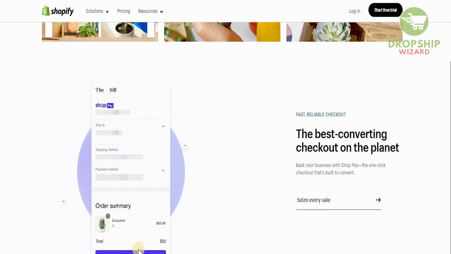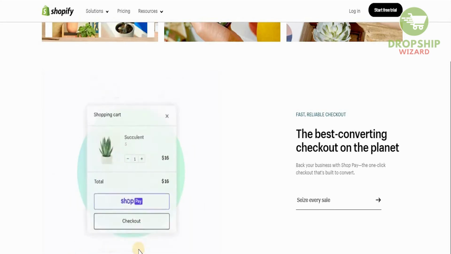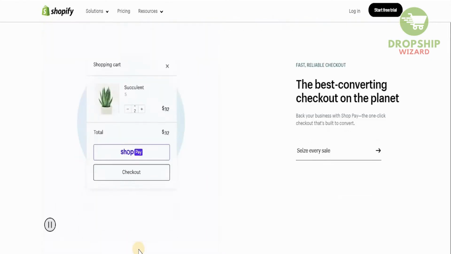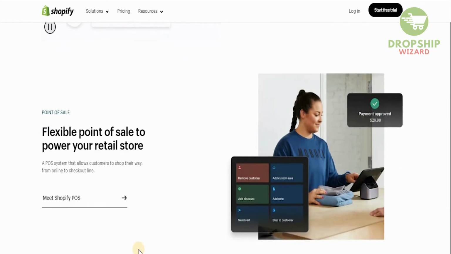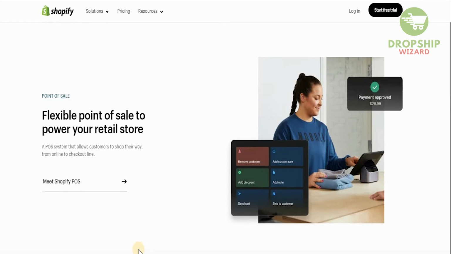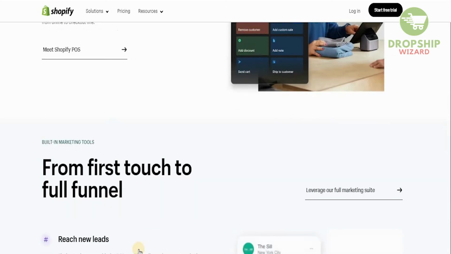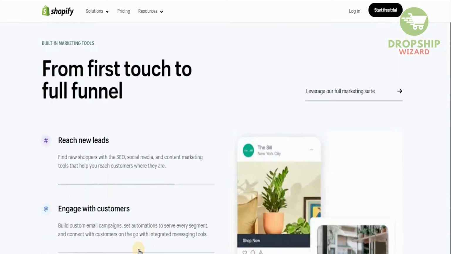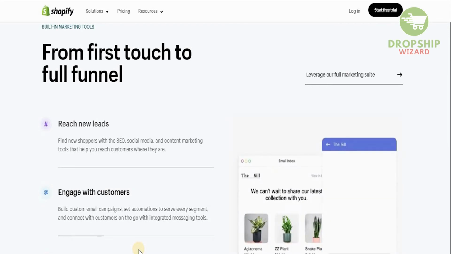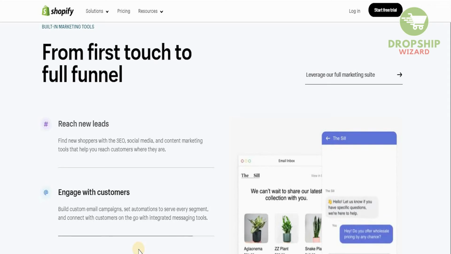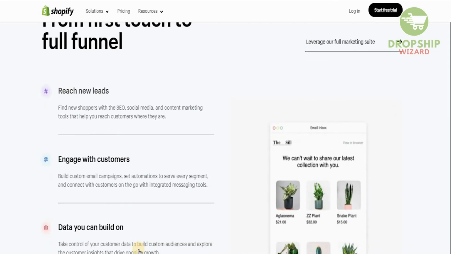Now, one of the things, guys, that you need to understand once you head onto Shopify, this is a very unique platform because it gives you the support, the guidance, and the assistance. And you can easily back your business with ShopPay, the one-click checkout that is built to convert. And once you do that, you will have a flexible point of sale to power your retail store, a point of sale system that allows customers to shop their way from online to the checkout line, from the first touch to the full funnel. You can find new shoppers with the SEO, social media, and content marketing tools that help